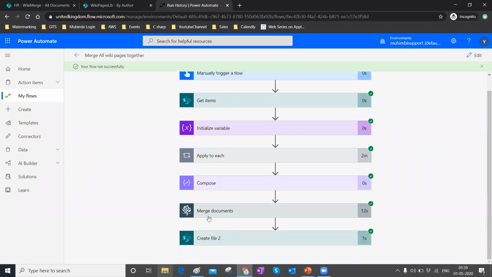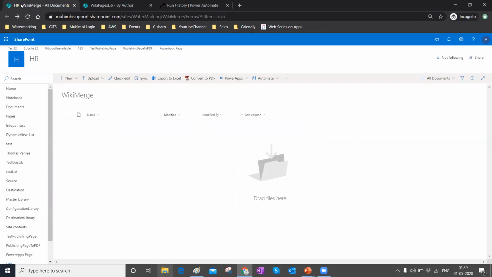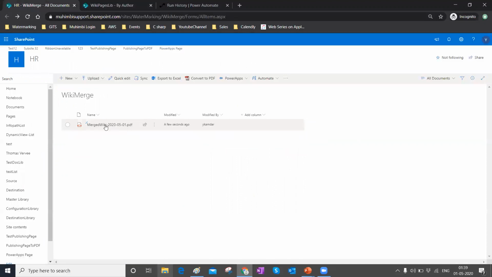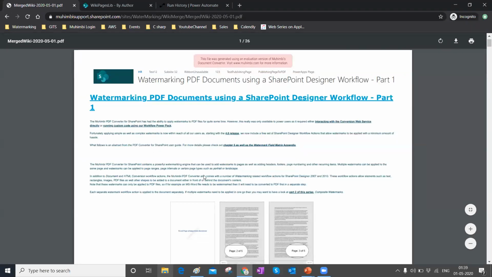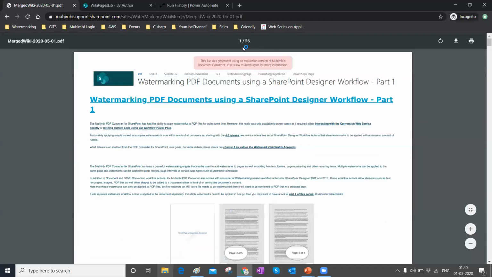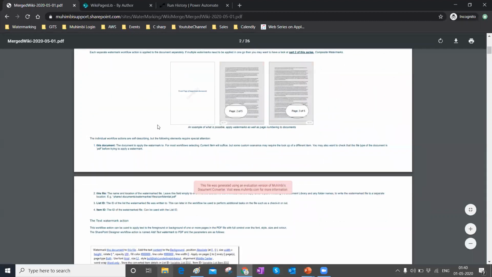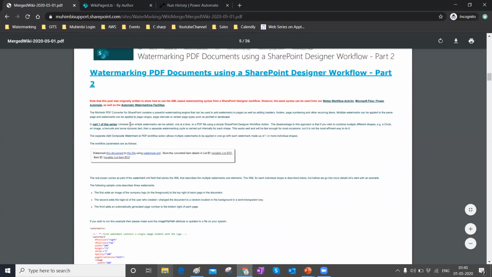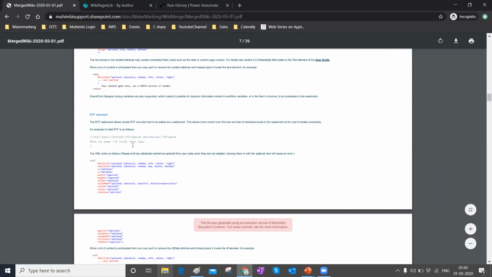Okay, perfect. So our flow has run successfully. Let's go ahead and check the output. We'll need to refresh this page. So yes, as you can see, a merged wiki PDF has been created with today's date, that is 5th of May. Let's open it and confirm the output. Okay, as you can see, it's a 26-page long PDF, and it has part 1, that is basically the first page, part 2, basically the second page, with the images and the XML data coming very neatly,